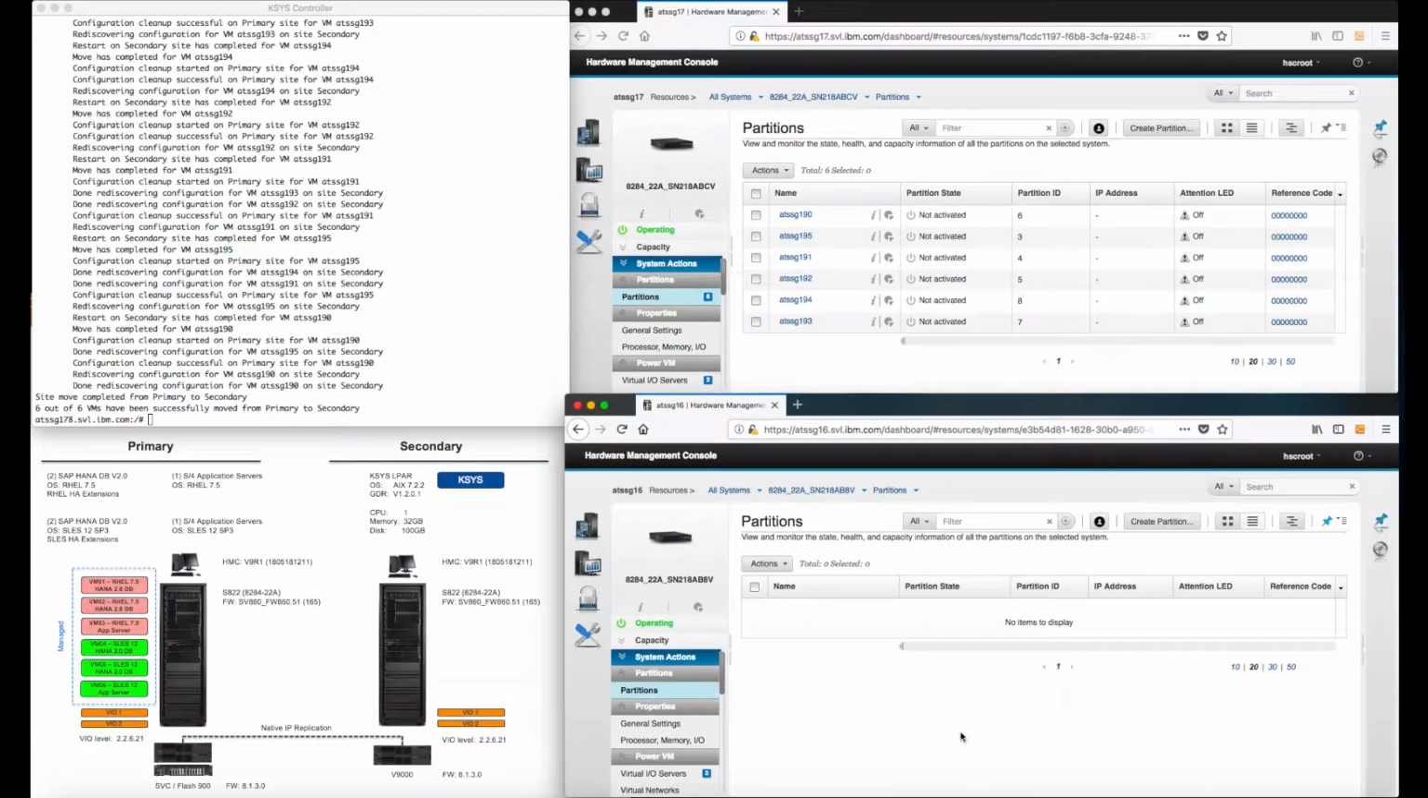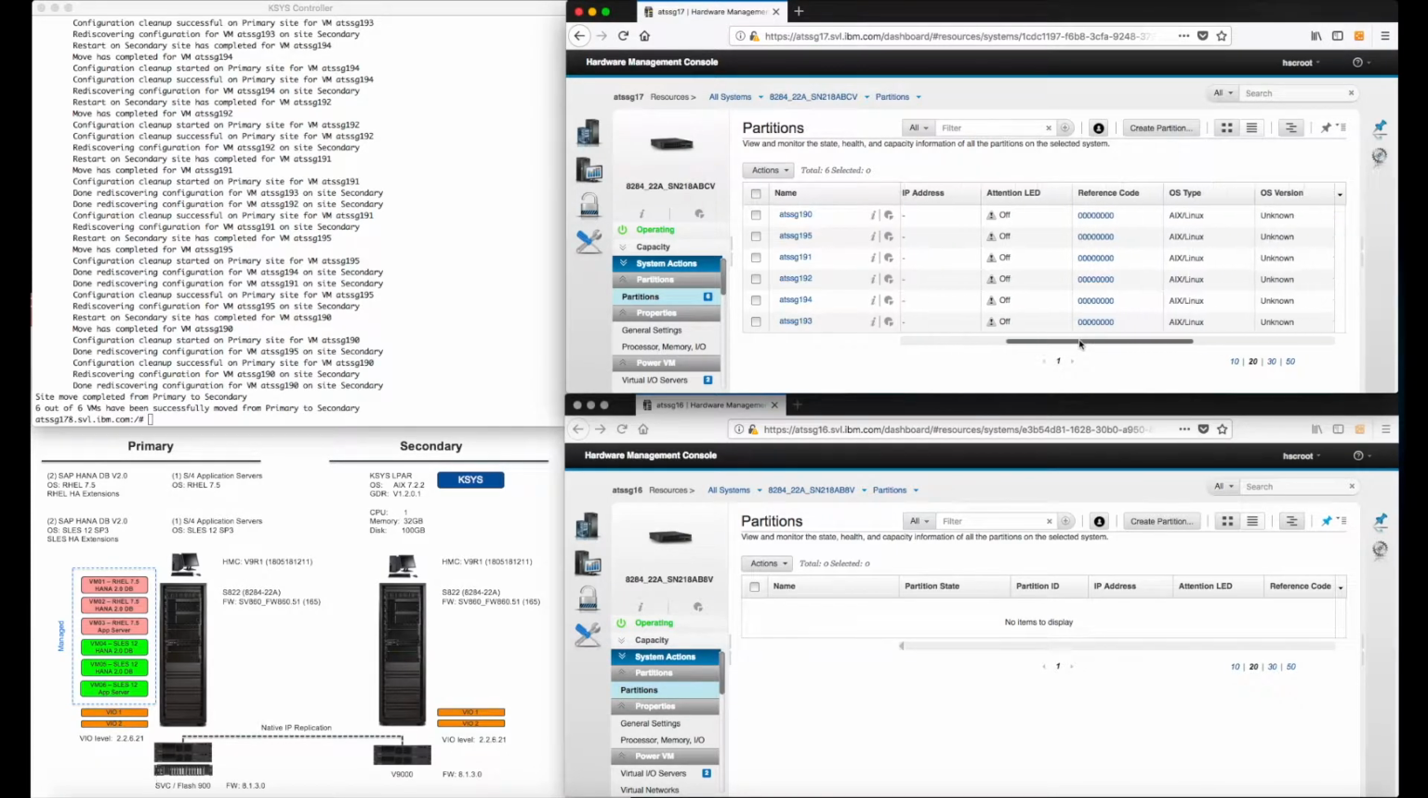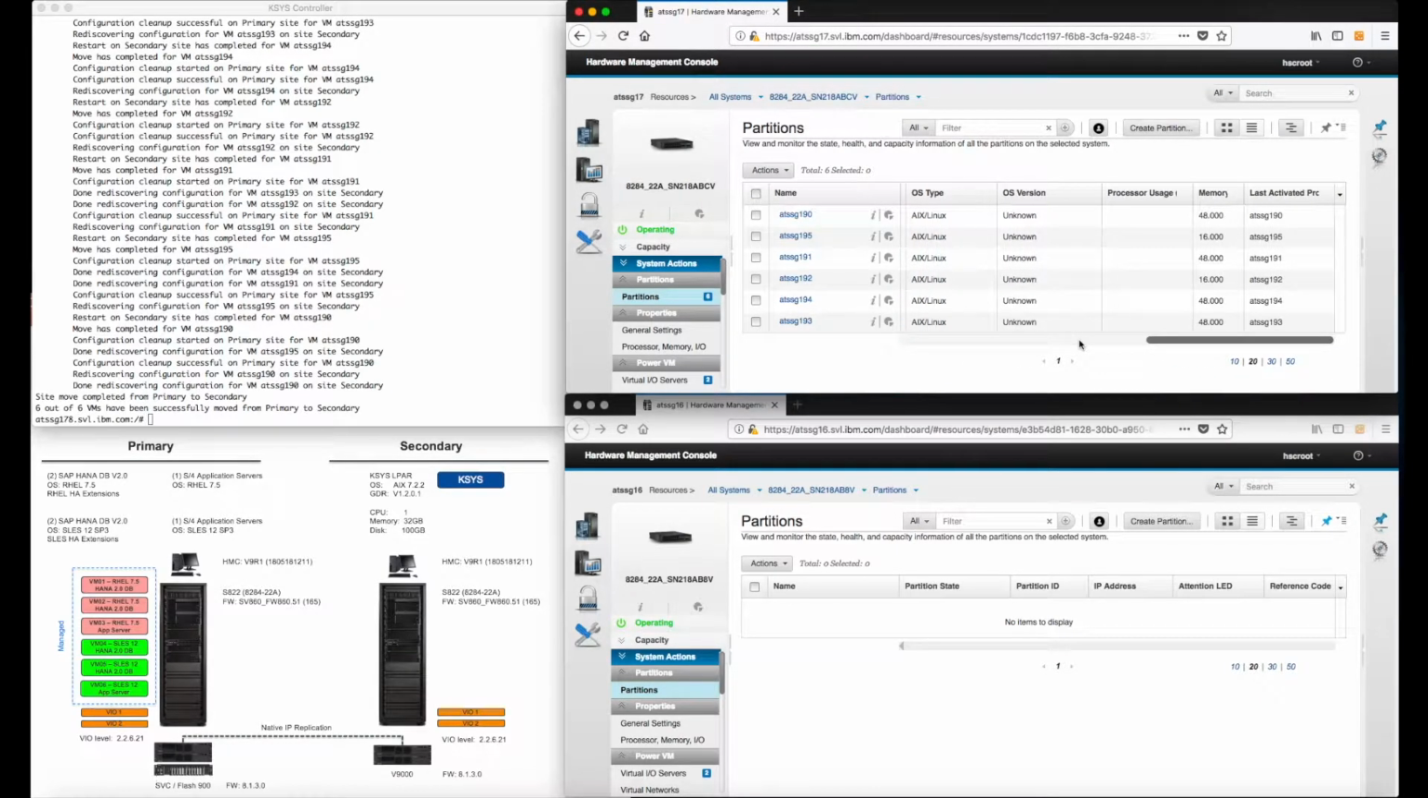Okay, and the operation just finished. You'll see that all of the VMs got relocated. I purposely set them to not get activated when they moved, so that way I saved a little bit of time. But the important piece, and if I scroll to the right hand side, is that because